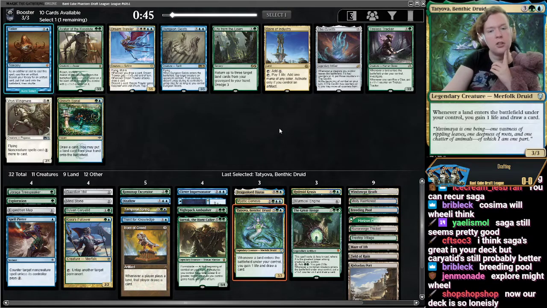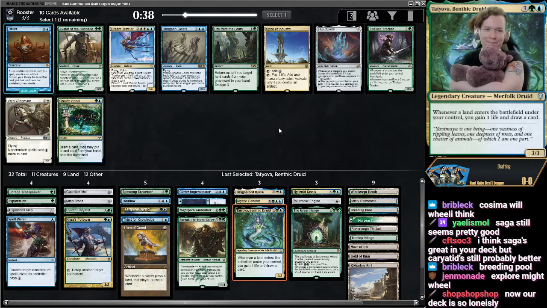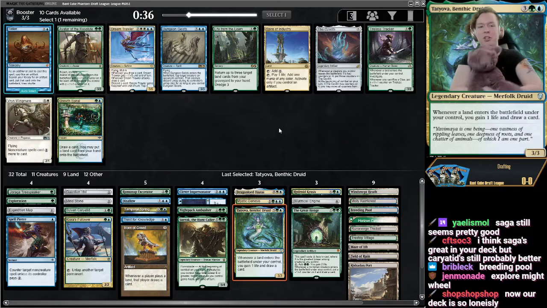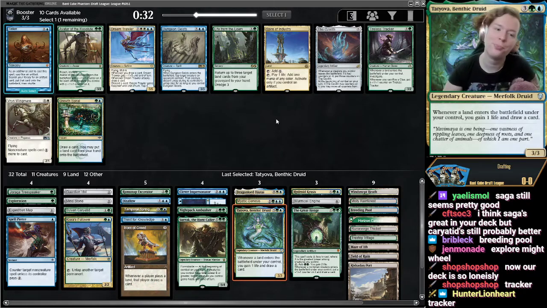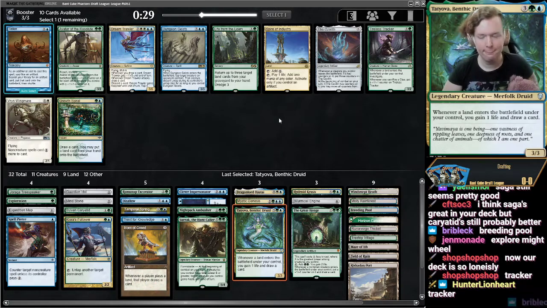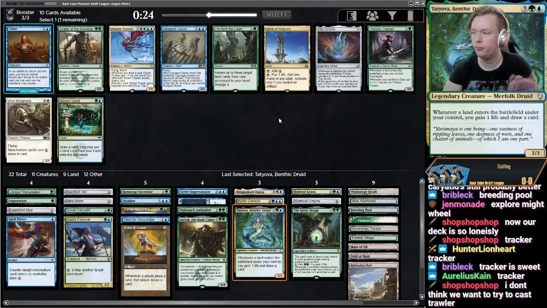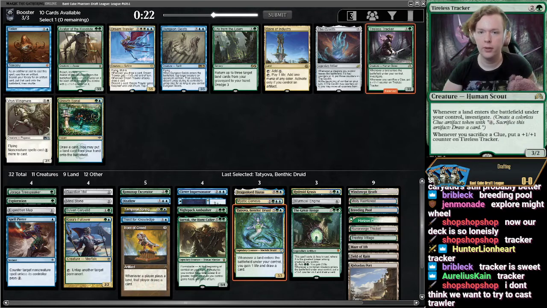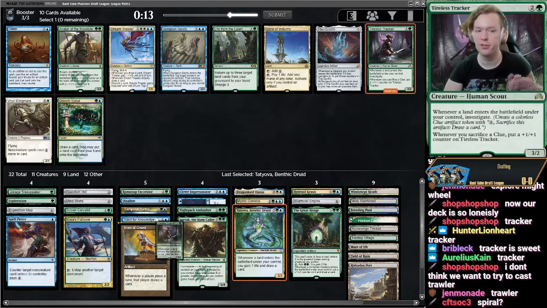Viral or Tracker? Okay, this is a tough one, chat. Which one am I taking? Deck is Lonusly. It's also just a Dream Trawler. I think Tracker. Tracker is sweet. Yeah, Trawler's hard to cast. True. Trawler's kind of nice from the perspective of it wins us games, but...